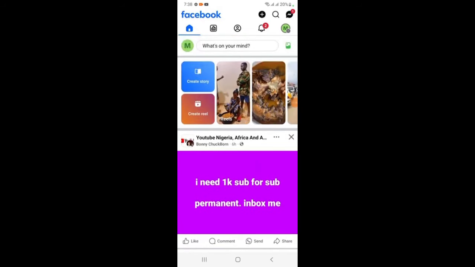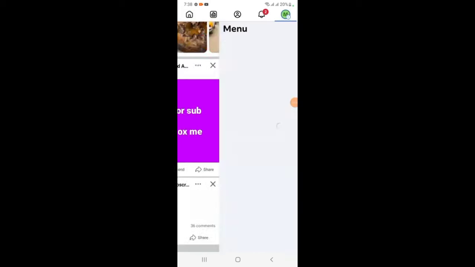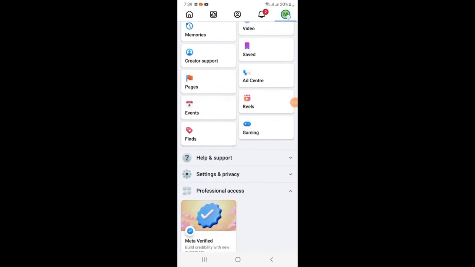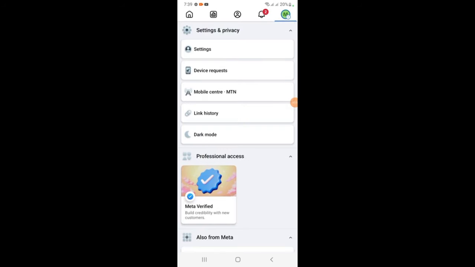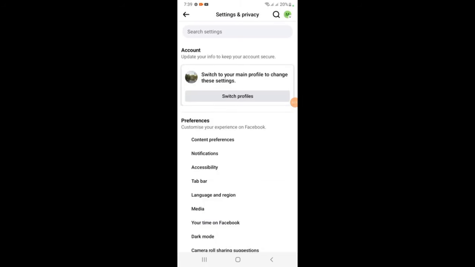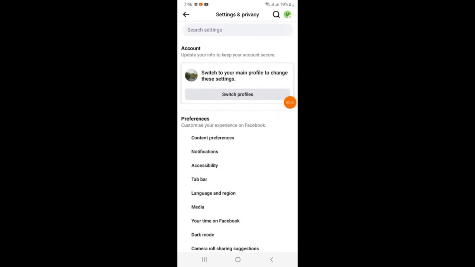After it has switched to the page, I'll go to the three lines at my left hand side corner top, so I'll click here. I'll then scroll down to settings and privacy. I'll click on it. I'll go to settings. I'll click on settings. Here, it comes here like this. Okay, when we get here,